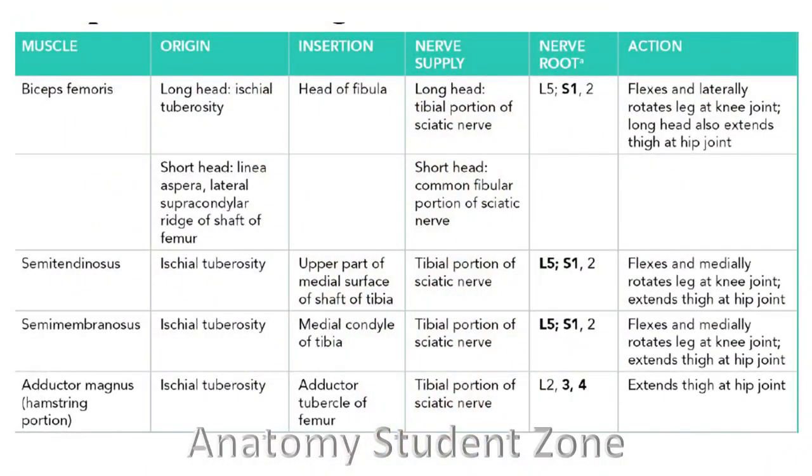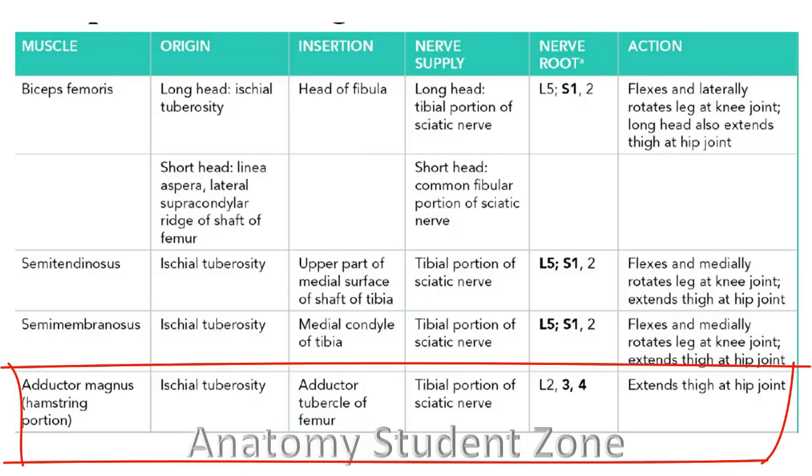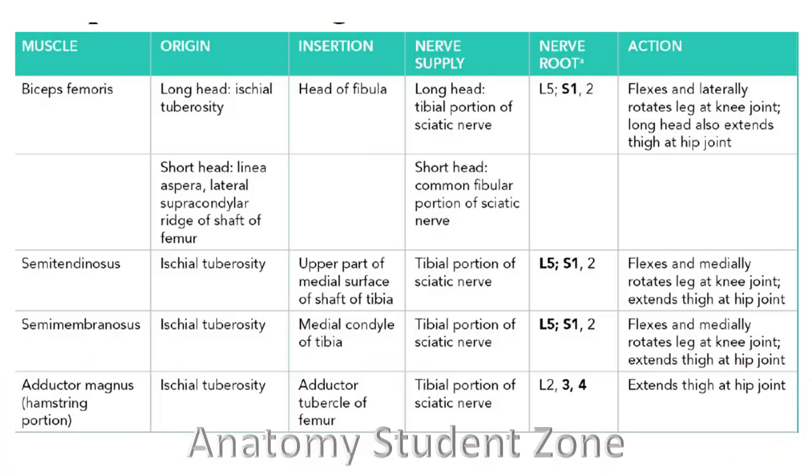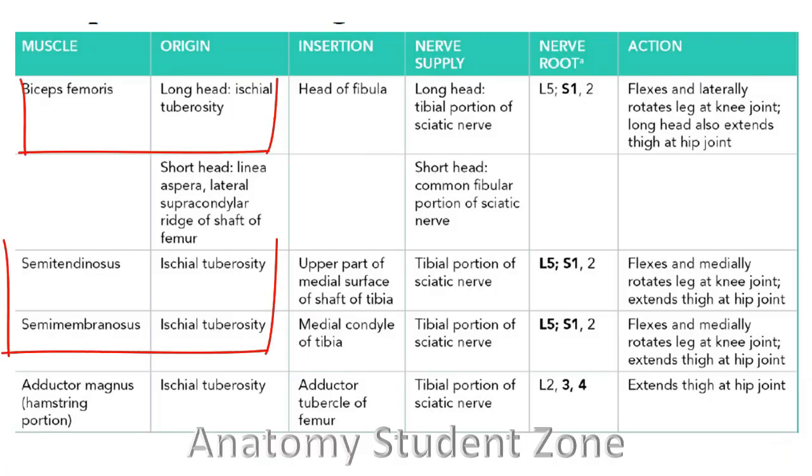Dear doctors, now quickly I will summarize these posterior compartment muscles in a table. That will help you for a quick review. This will also help you in theory questions or in exams as well. You can see four muscles and you know the names of these muscles. I had told you earlier that the adductor magnus hamstring part is also included by some books in the posterior compartment, because this is a hamstring part. You can see hamstrings have a common origin, that is from the ischial tuberosity, and the hamstrings we know are semitendinosus, semimembranosus, and the long head of biceps femoris.